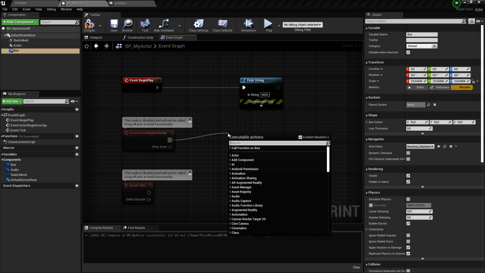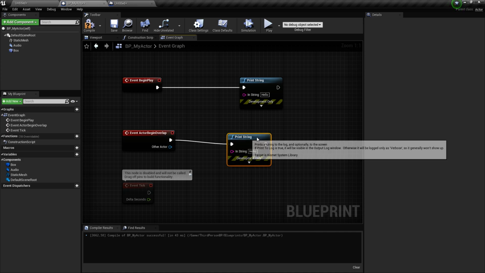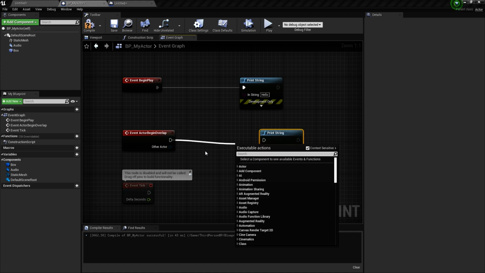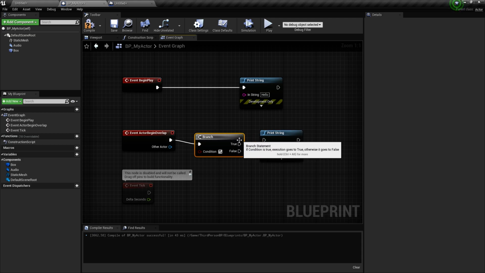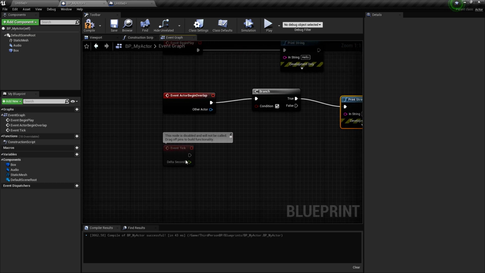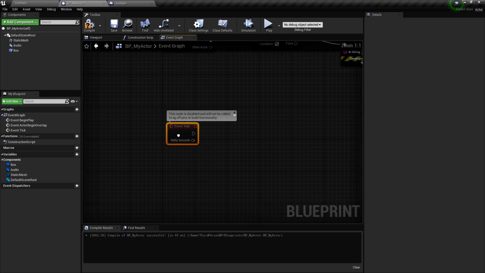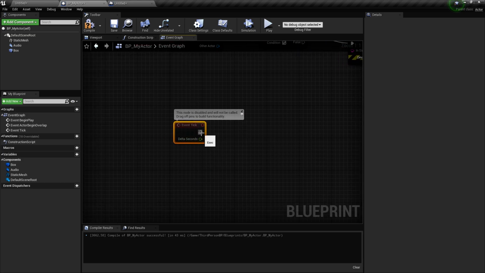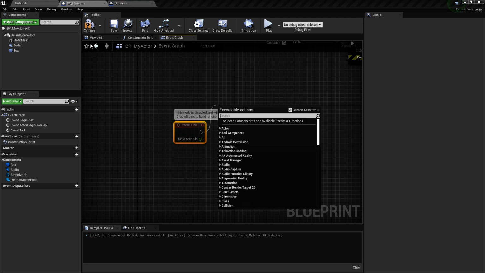If it overlaps, you can print another string, based on a condition for example. Event Tick is a node that fires every frame of the game, so every frame this one is going to fire.